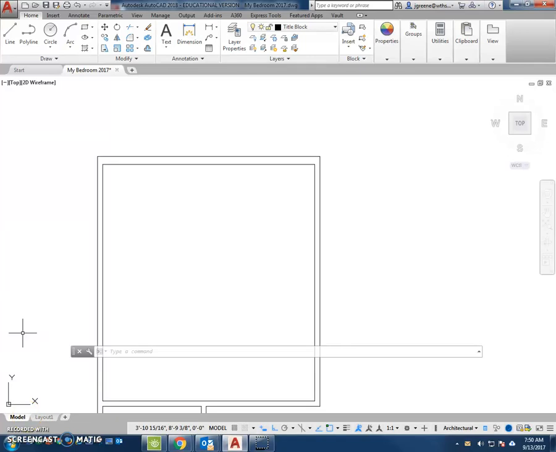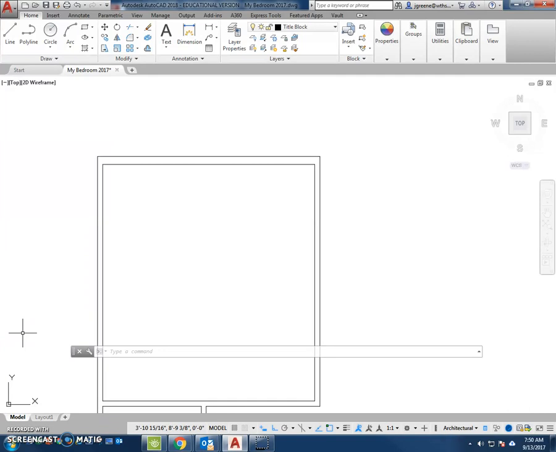This is your tutorial for creating the casement window symbol for your floor plans. We are going to create a 4-foot casement window. As a reminder, this is an example. You need to apply the lessons learned here to your own floor plan. So we're going to create a 4-foot casement window, and this time we're going to say that the